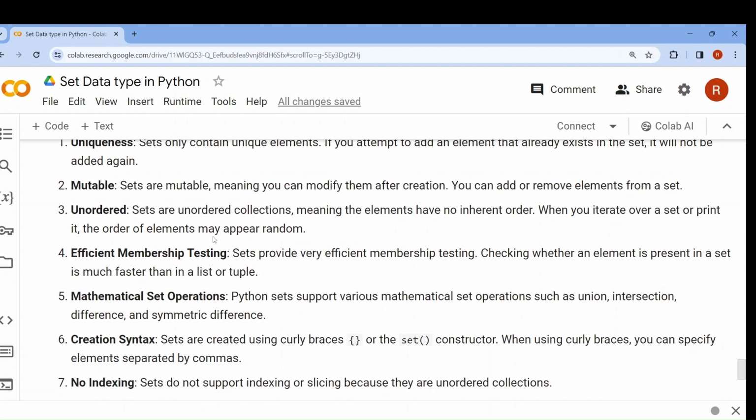Next, membership testing, that means membership operator can be applied on set. We saw that in operator or not in operator can be used to check whether an element is present in a set or not. Okay,